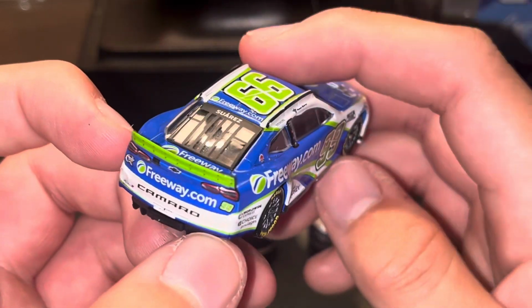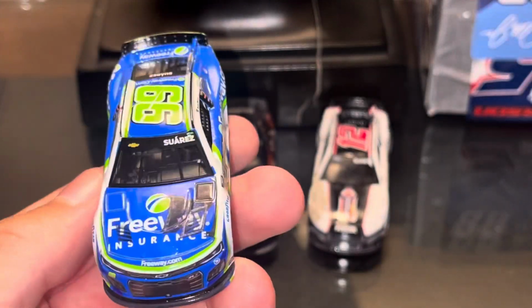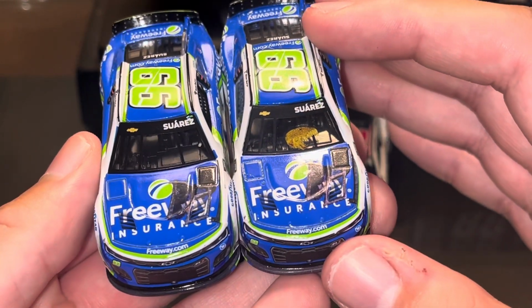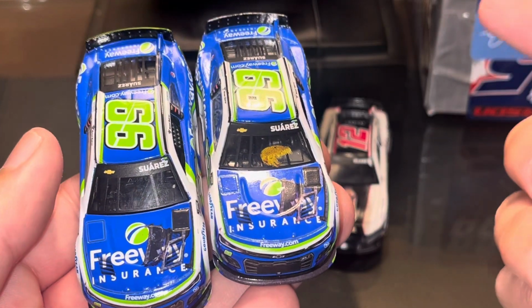As far as I can tell, the same damage, same everything, except, as of course you can see here, the taco is missing on the windshield. Now, a lot of people did not like this, and I just have to say, those people,